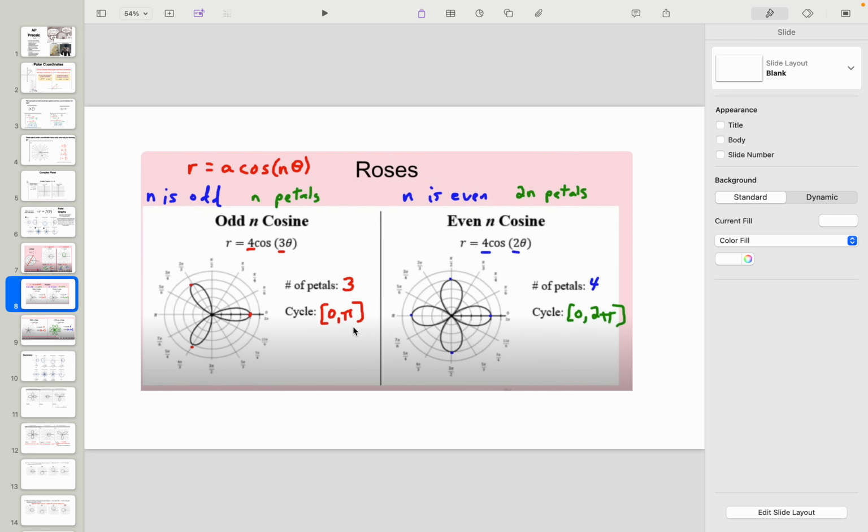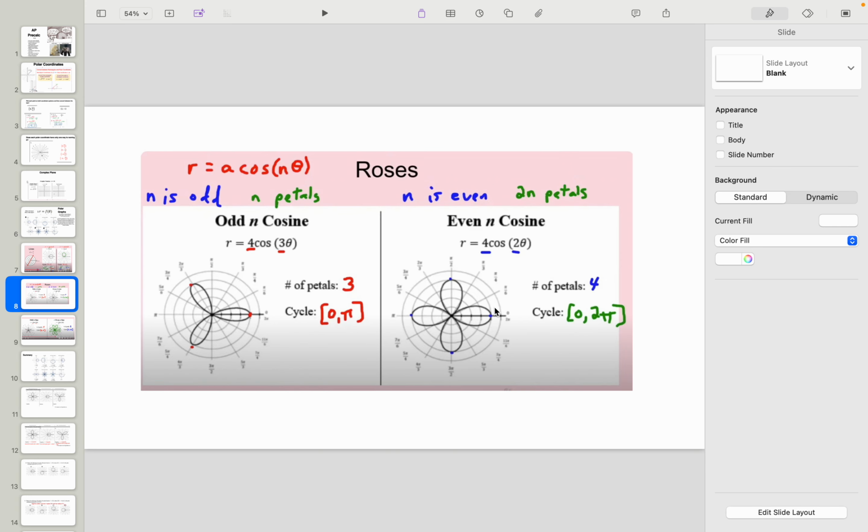It repeats every pi, right? So every time we go from 0 to pi in terms of what our theta is, we're going to have this repeating itself. We have the value of n being odd. We can kind of see that it's opening, right? The first one is,